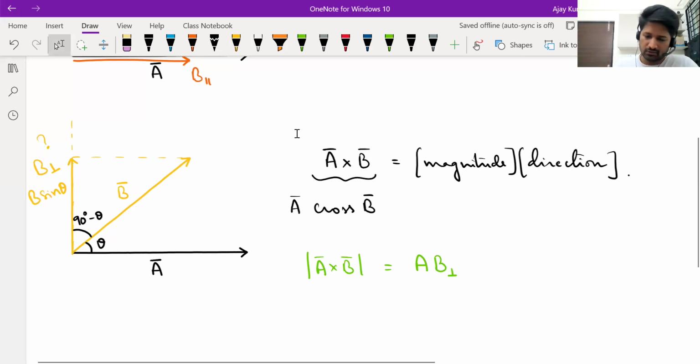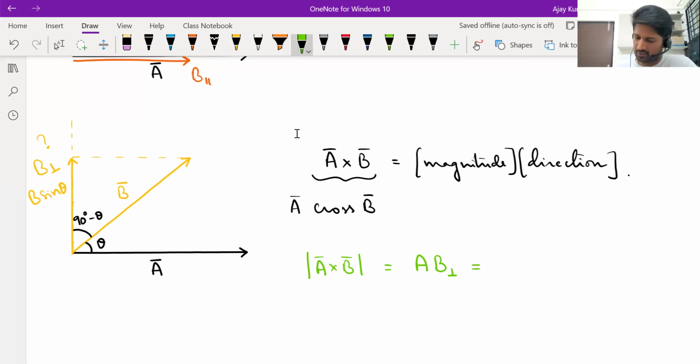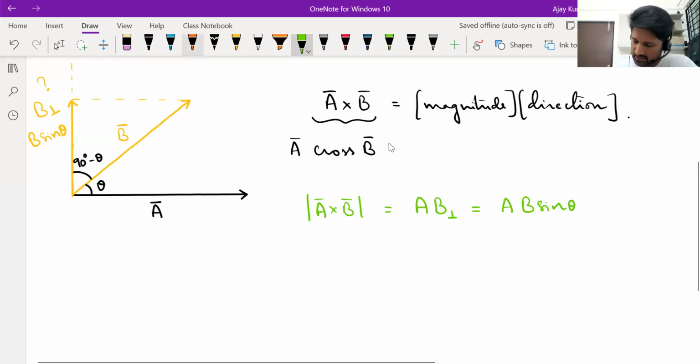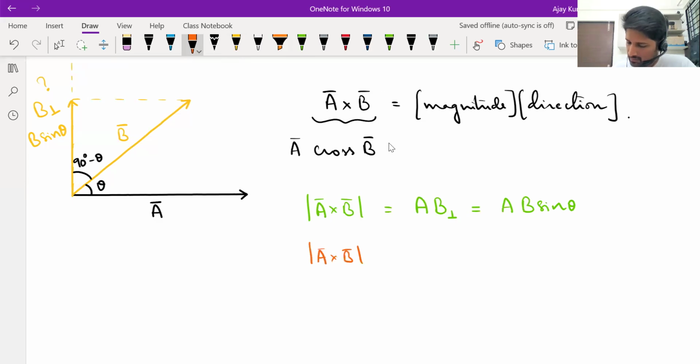So you can write the formula for the magnitude of the cross product as A multiplied with B sin theta. This is only the magnitude part. You can also look at it the other way. You can consider it as B's magnitude taken as it is, multiplied with the component of A perpendicular to B. If you visualize it,